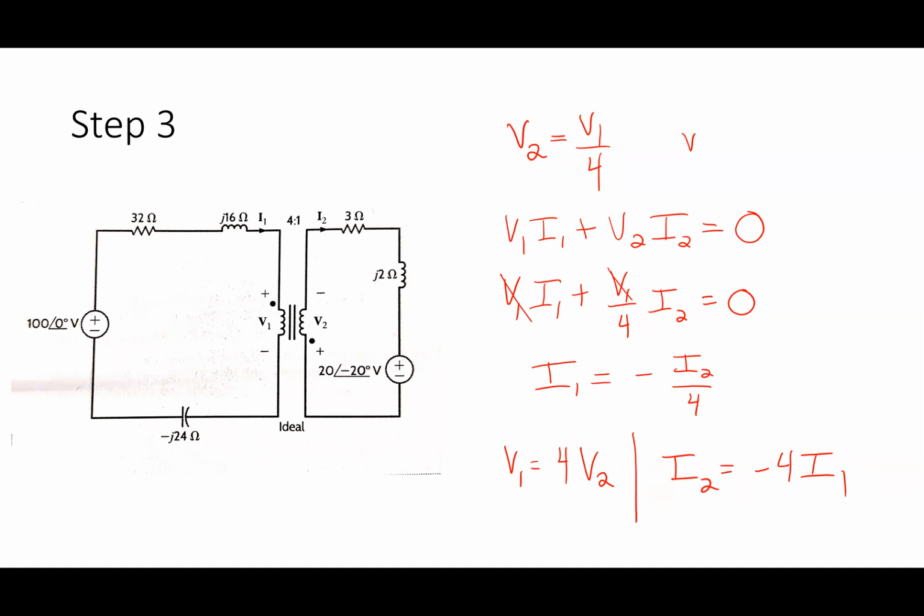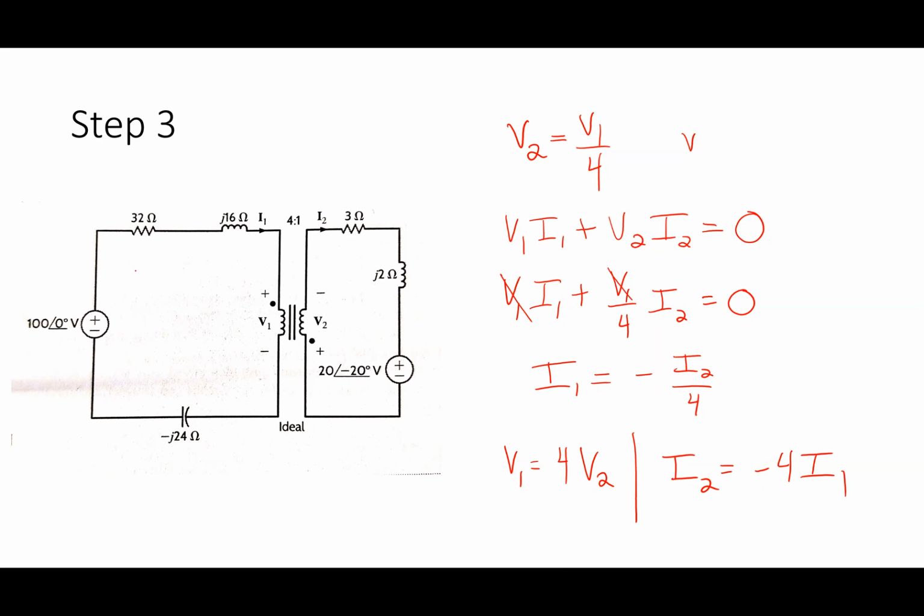Now it's time to do circuit analysis. So what should I do to do circuit analysis here? We do mesh, right? So how would I do that here? Well, I'd solve for the mesh currents. Once I have the mesh currents, I can solve for whatever I want to. I can solve for the voltages on the transformer and all that stuff.